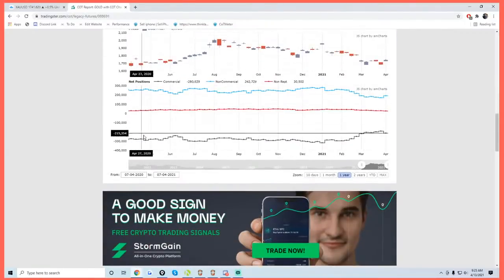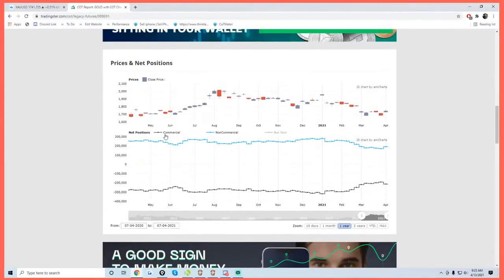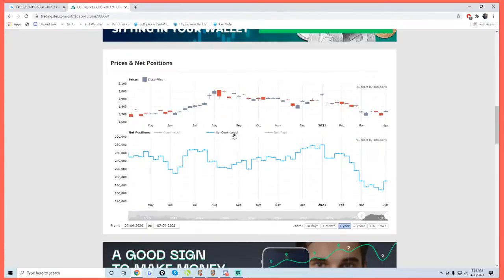So gold had sort of a shift on the non-commercials. The non-commercials are the ones that I care about, because the non-commercials are your hedge funds, institutions, leverage funds, things like that. Okay, so we did get a shift. We saw, for the first time in a minute, a sort of decisive move into gold. So we saw some smart money, some big money, right? Make a move into gold for the last week, which is a big deal because that potentially has room to